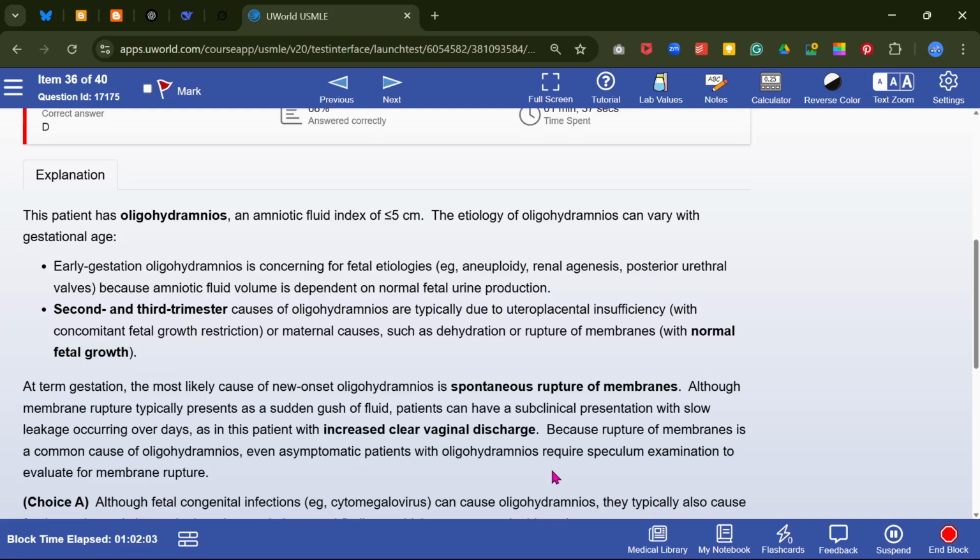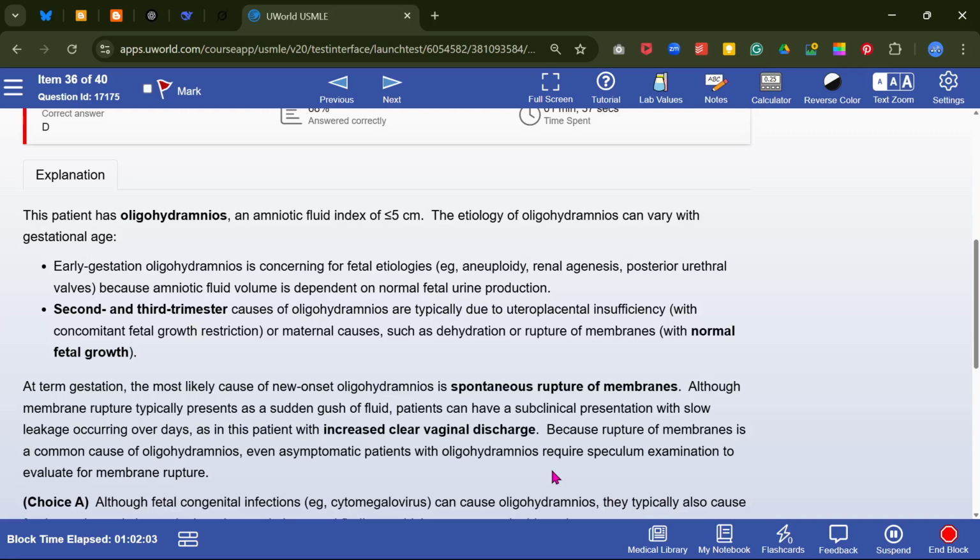At term gestation, the most likely cause of new onset oligohydramnios is spontaneous rupture of the membrane. Although membrane rupture typically presents with a sudden gush of fluid, patients can have a subclinical presentation with slow leakage occurring over days, such as this patient,